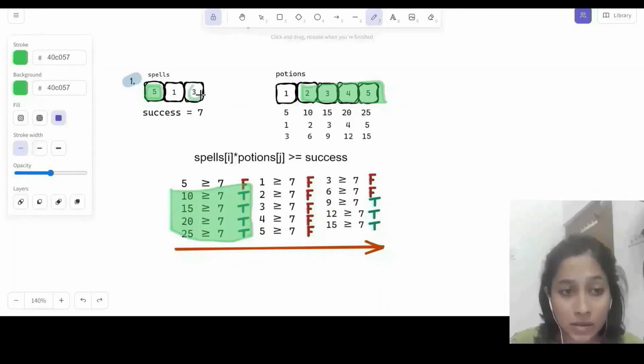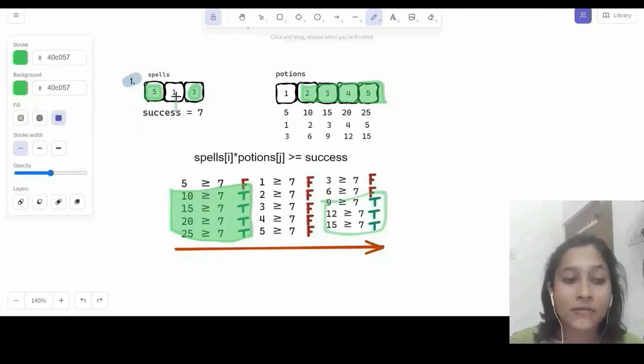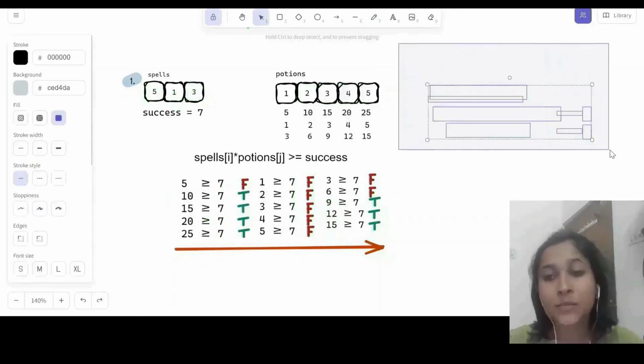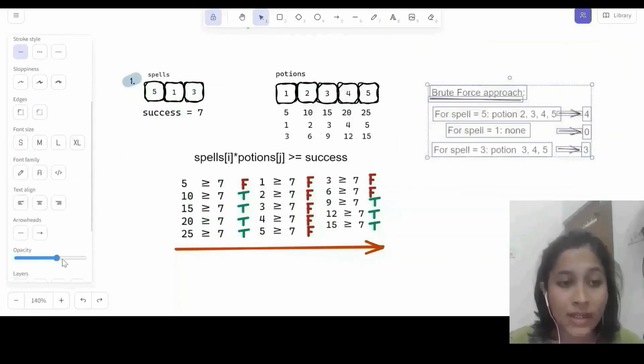Similarly, for spell 3, we observe that 9, 12 and 15 are the successful strengths. But for spell 1, there are no successful strengths.